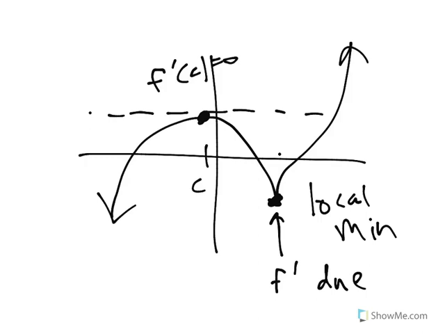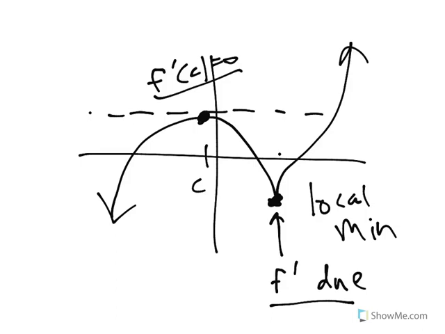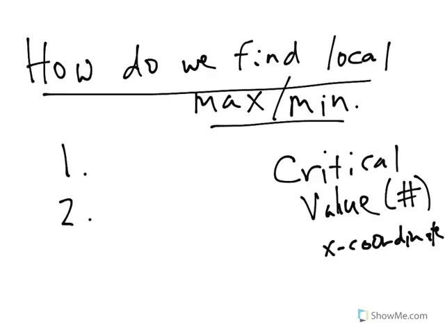Well, let's go back to our graph. We had two different cases. One case was where the derivative does not exist, and another case is where the derivative is equal to 0. The first case, where the derivative doesn't exist, we can overlook sometimes. I so often see students who just forget about that case and only worry about where f prime is equal to 0. So I'm going to put that one first because I think it's a good one to just check, because otherwise we forget it. So the first situation is that we're going to look for where is f prime of c